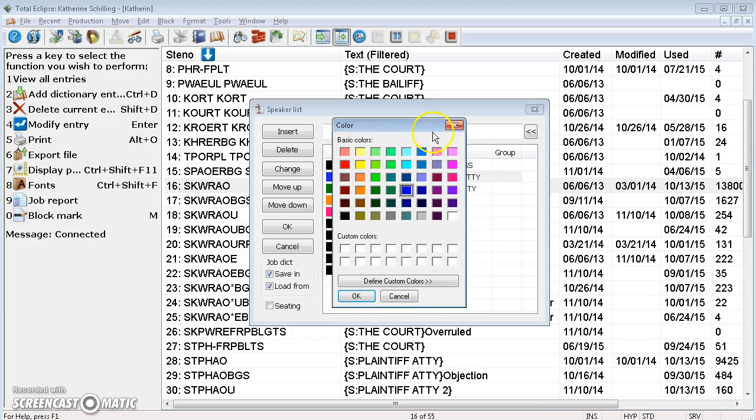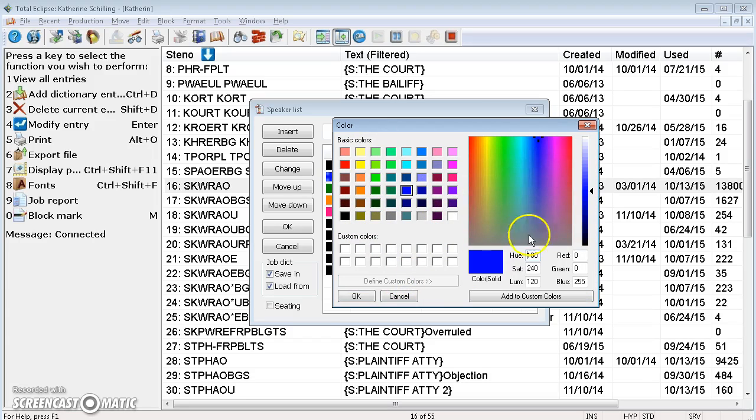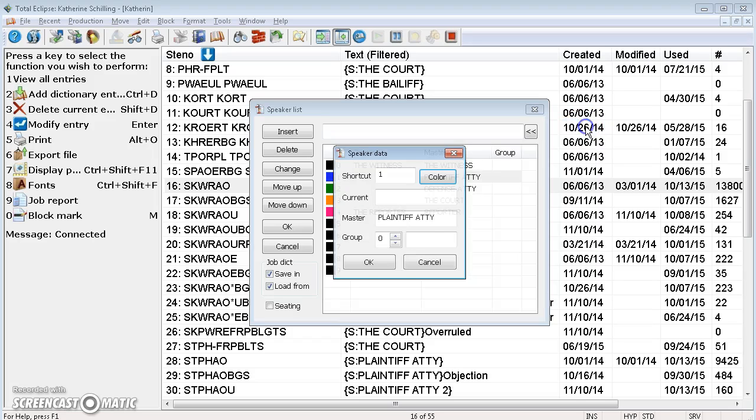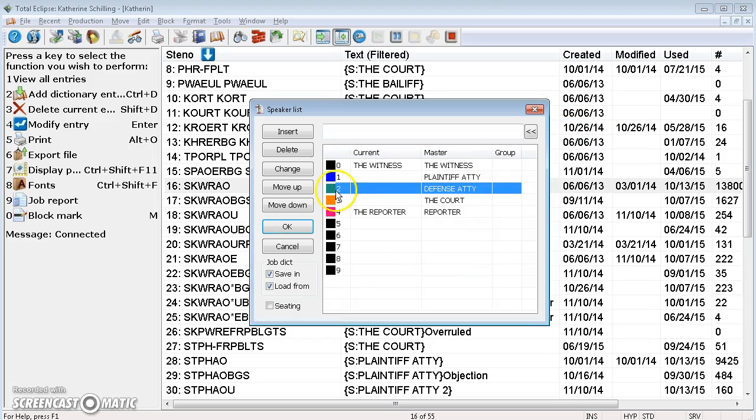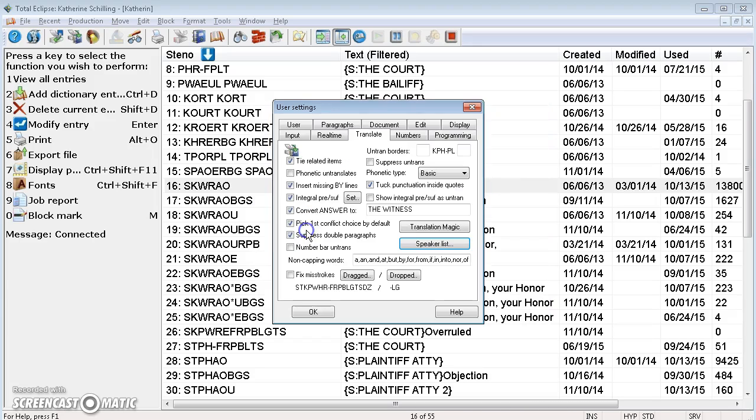You bring that up and you can see a great selection of swatches for different colors. Choose whatever you want, or even do custom defining colors. There's many options, and press OK, and that'll change the color of the box next to it. So you can go along and do that, and let's take a look at what that means in an actual